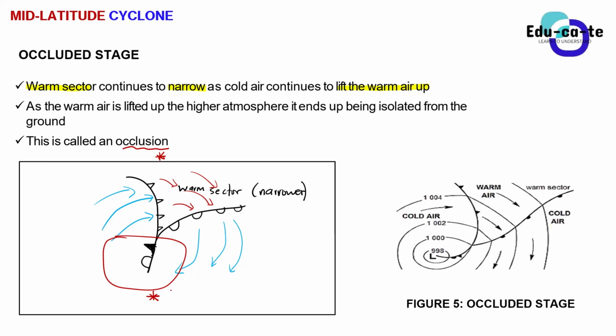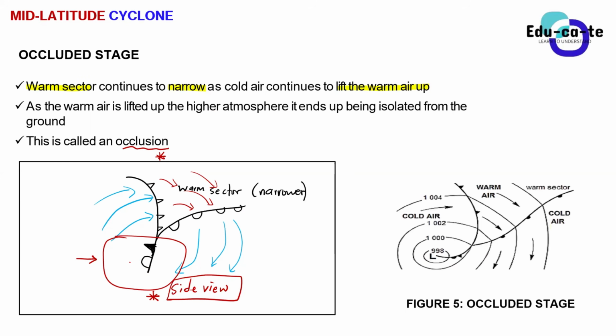Exactly. So here, this is good to explain if we are using the side view of a mid-latitude cyclone. That's why I'm saying for the occlusion stage, we will do details about it in the next session. So for now, don't put too much mind into the occlusion stage. Just know how to identify it from this diagram. You will see the cold air and the warm air, the cold front and the warm front overlapping or becoming one line. For now, just grasp the diagram. But when we come back next time, we'll talk about occlusions and the types of occlusions that we have.